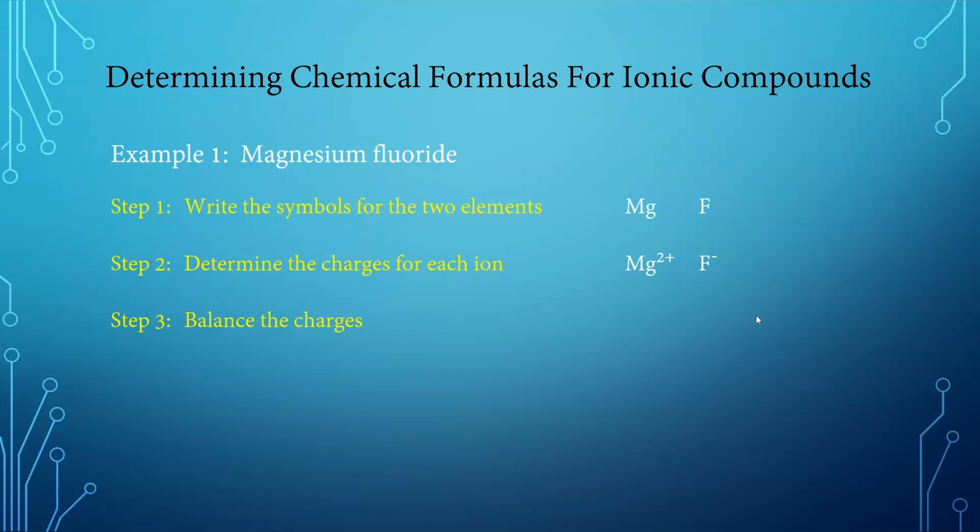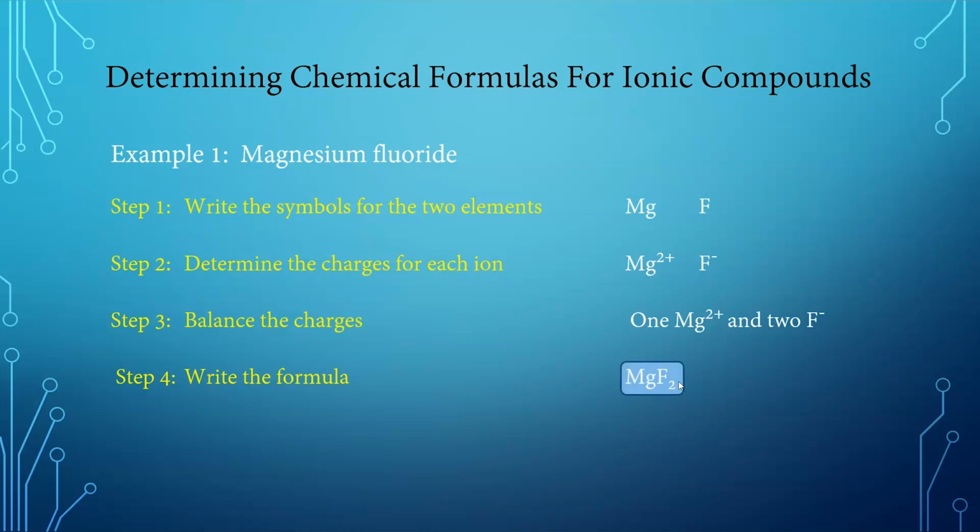If you remember nothing else, remember this. The pluses have to equal the minuses. So to make that happen, we're going to need 2 fluoride ions to go with our 1 magnesium. That will give us 2 pluses and 2 minuses. And then we simply put those together to write our formula. So 1 magnesium and 2 fluorides, it's simply going to be